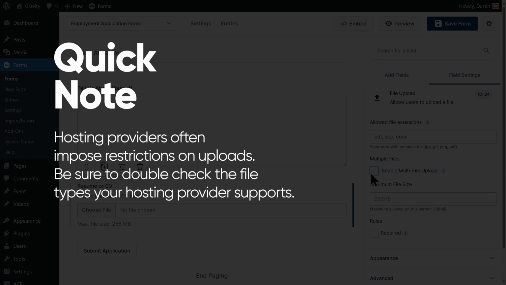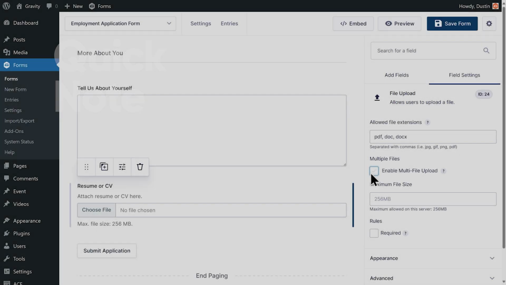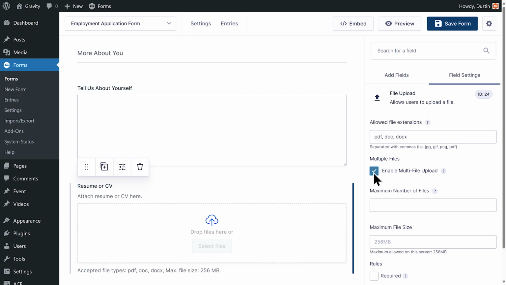It's important to note that hosting providers often impose restrictions on uploads. This can be due to them not permitting certain file types or limitations with your hosting plan. Also within the field settings, I have the option to allow multiple file uploads and even set a limit on